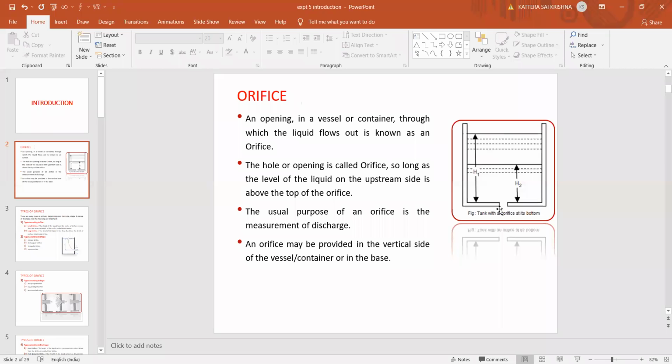There, we'll collect that water in a collecting tank, and we'll take the time taken for a 10 centimeter rise in the collecting tank, and then we can find the discharge. By finding the discharge, we can calculate the coefficient of discharge. The coefficient of discharge, as you already know, is Q actual by Q theoretical. Q actual can be calculated as AH by T, and theoretical discharge is Q theoretical equals A naught, the cross-sectional area of the orifice, into Q.